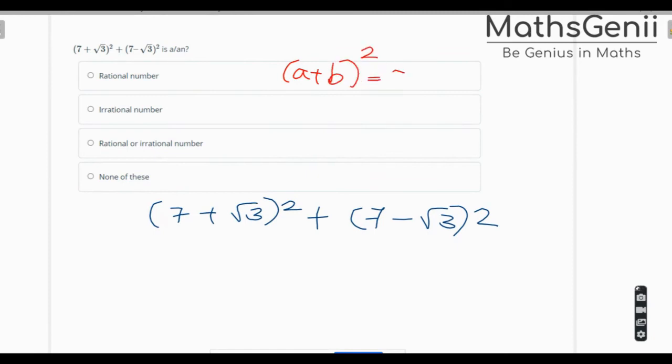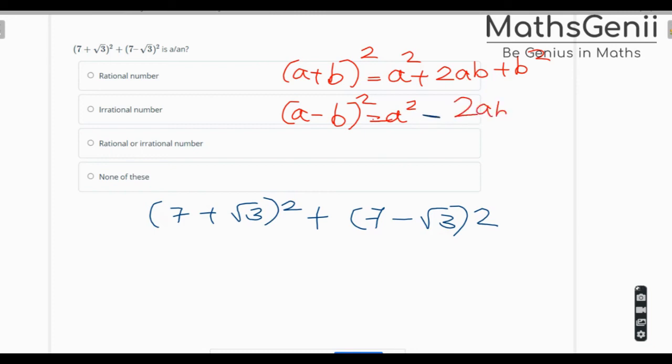What is the formula? a square plus 2ab plus b square. And there was another formula, a minus b. The formula remains the same, only the plus sign here becomes a minus sign here. Now in this question, this is a, this is b. So a square plus 2ab